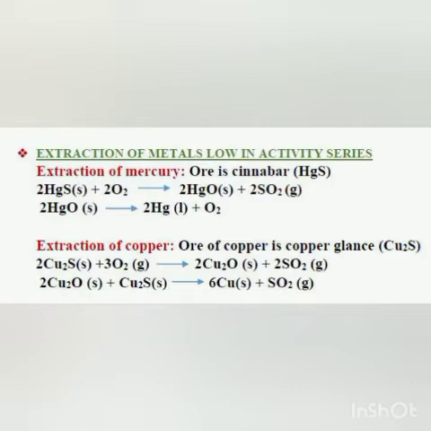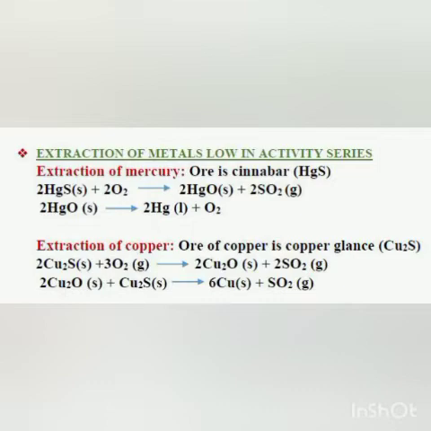Now you can also see the extraction of copper. How is copper extracted? The ore of copper is copper glance, that is Cu2S. This is also present in sulfide form, so here also it is converted into oxide by the process of roasting. Copper sulfide is solid and it is burnt in excess of air, and it is converted into the oxide form, Cu2O, and